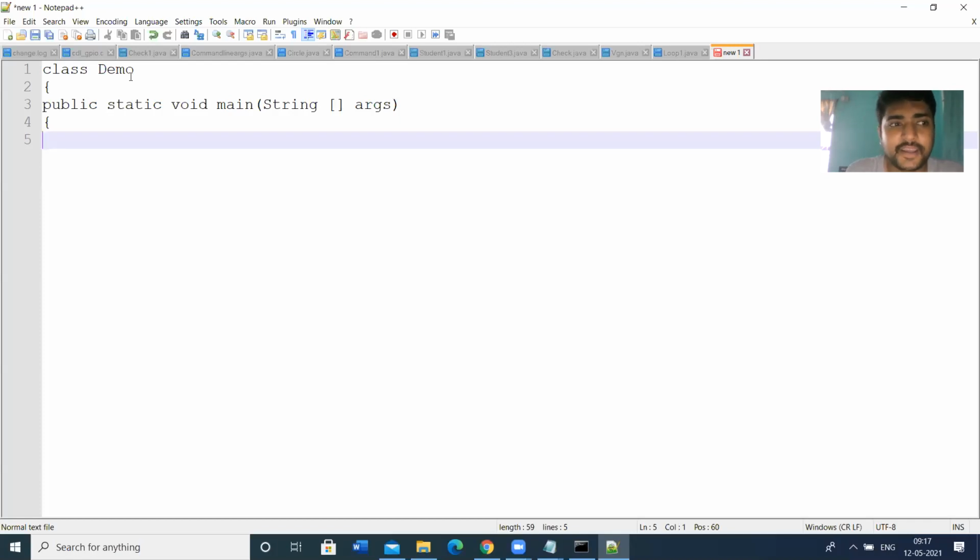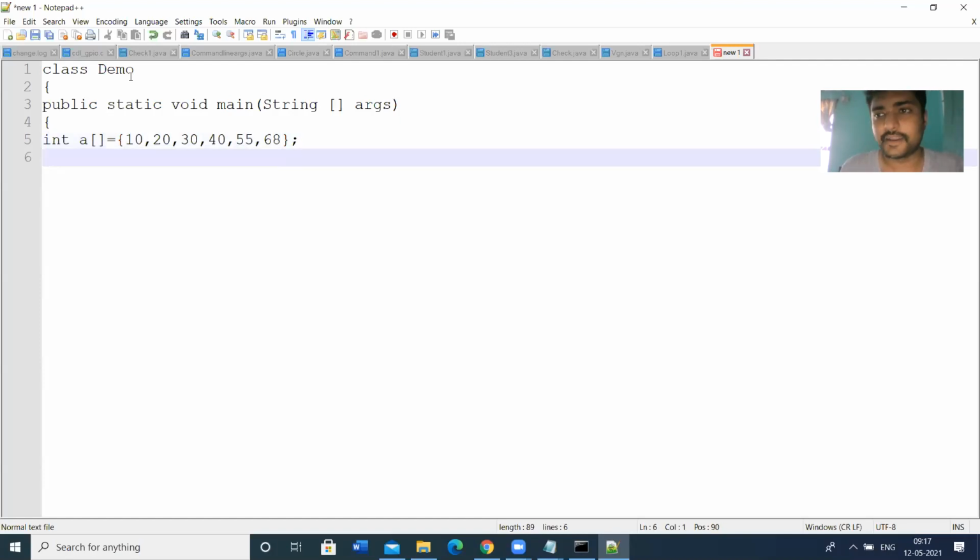So let us define an array of type int. Array can be int a, we have to define the array with braces, is equal to. I am going to assign the values: 10, 20, 30, 40, 50, 55, 68. So this is how I have initialized the array.